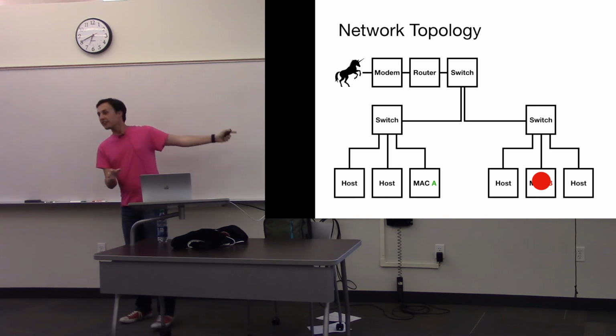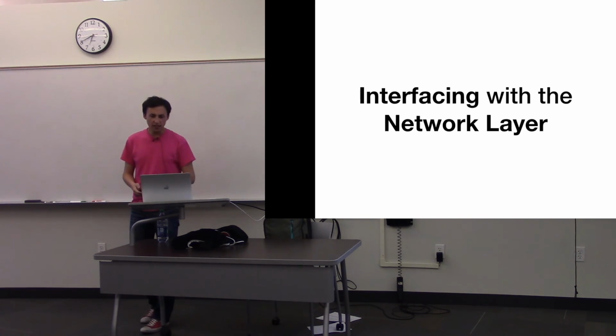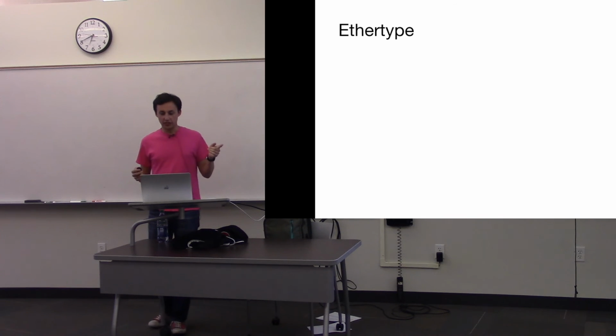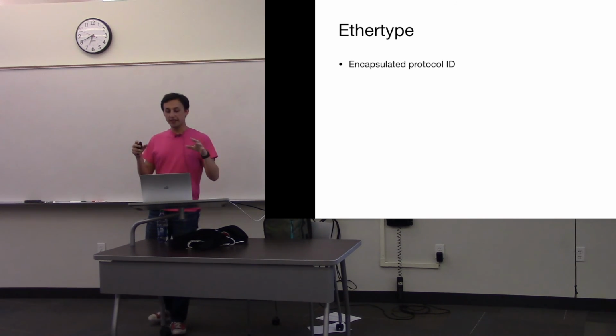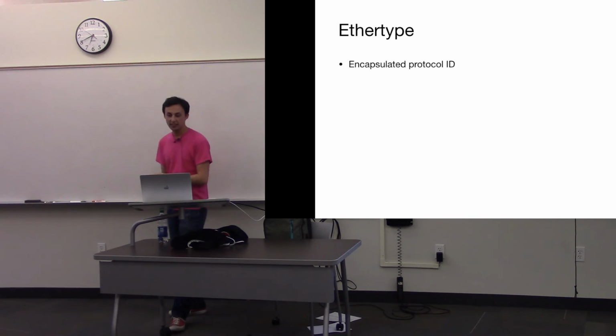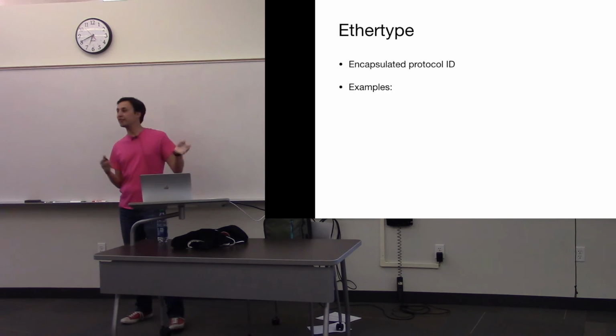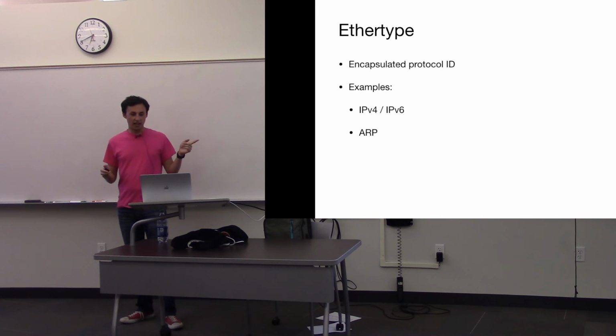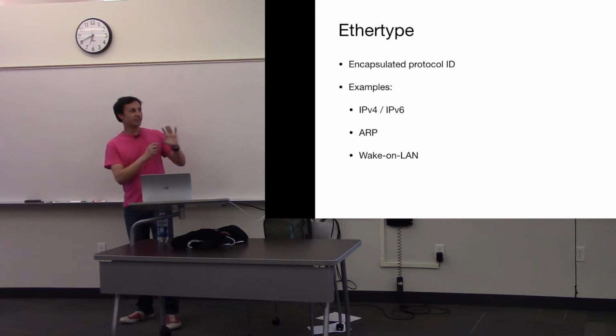So we have an ability to send packets along a network. Now we need to actually interface with the next layer up, and we do that with the Ethertype packet identifier. The Ethertype defines what the encapsulated protocol is, and examples of this are IPv4, IPv6, the address resolution protocol, Wake on LAN, and a bunch of other